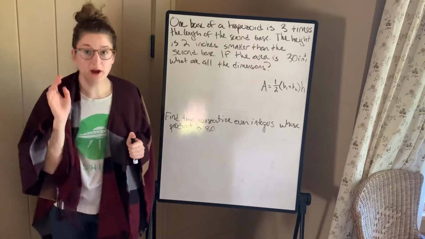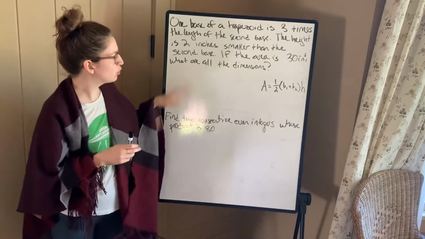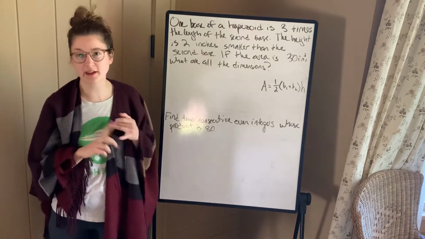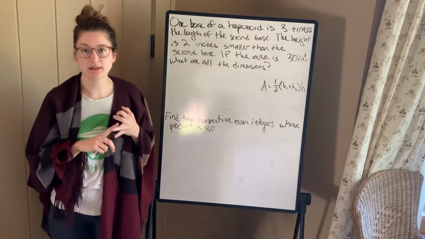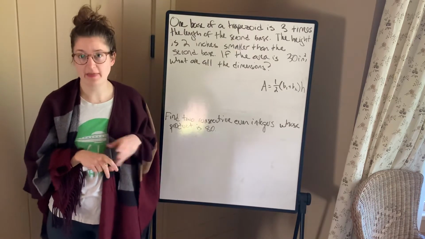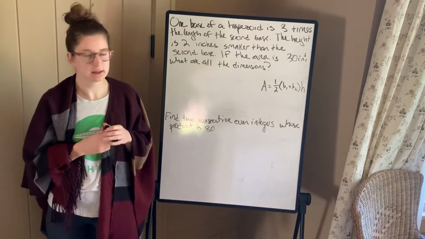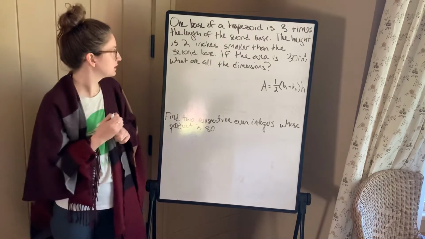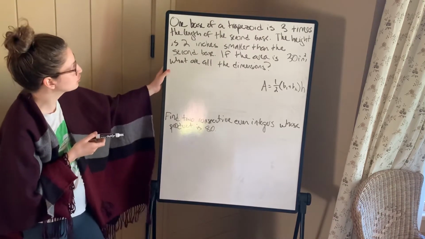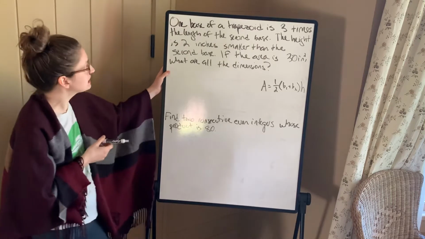I'm just going to go through step 1 and 2 of two more of these word problems, which is drawing the diagram and creating the equation that you then have to solve using quadratics, because that's the new skill of the day. So the first one says, one base of a trapezoid is 3 times the length of